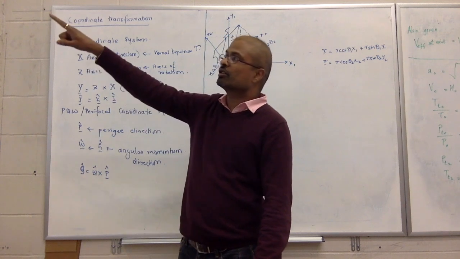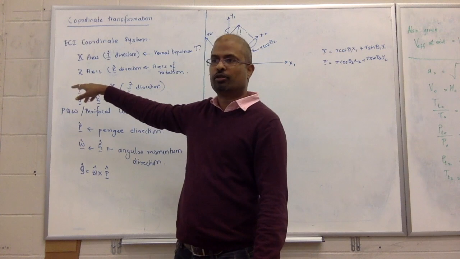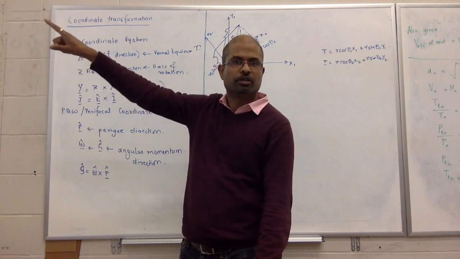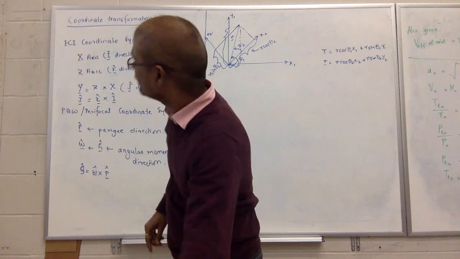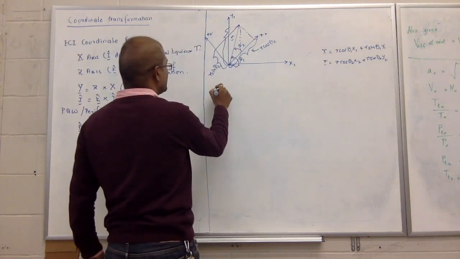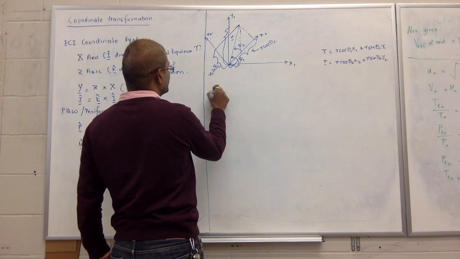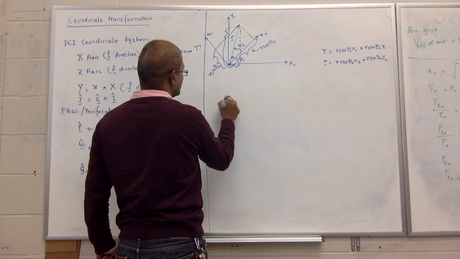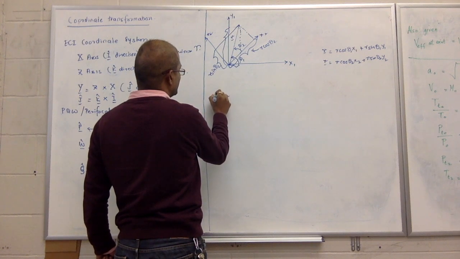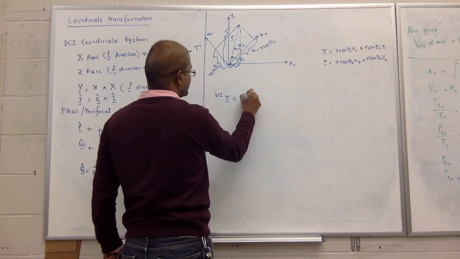But R has all three X, Y, Z components. Does that make sense? So here we can write R in ECI as